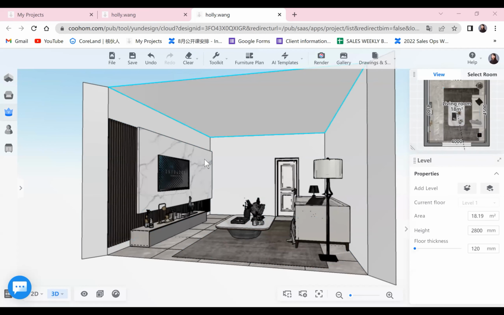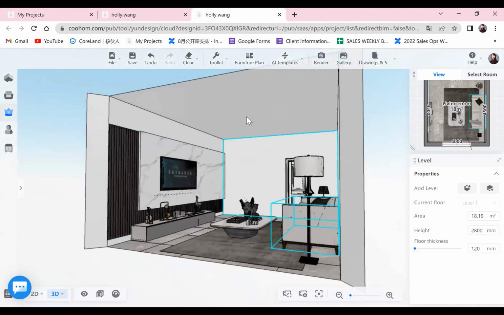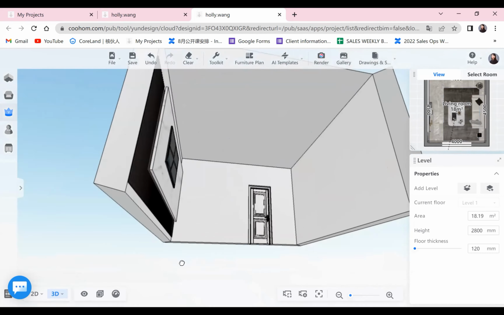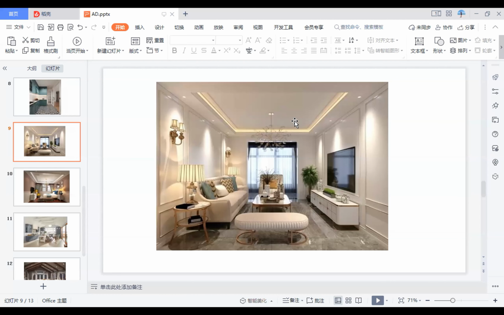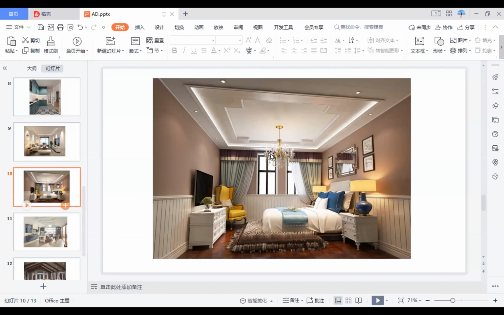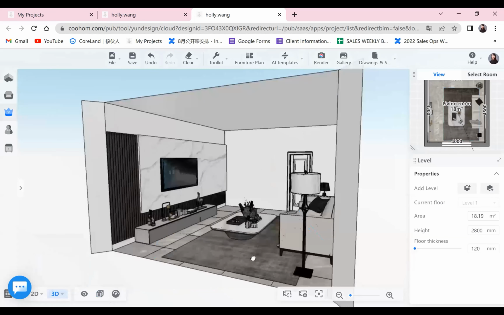All right, so I will use this project as an example. This is a living room, and we will try to make a beautiful ceiling for it. When you want to make a suspended ceiling like picture 1 or picture 2, you can just go to the 3D view.